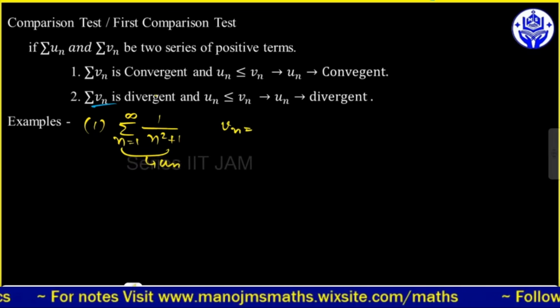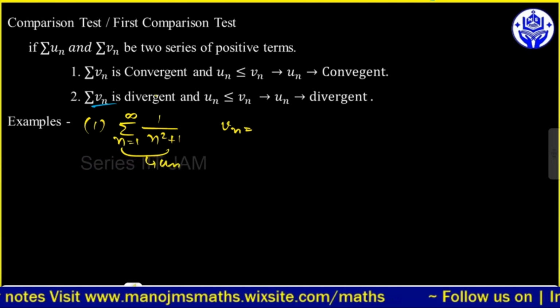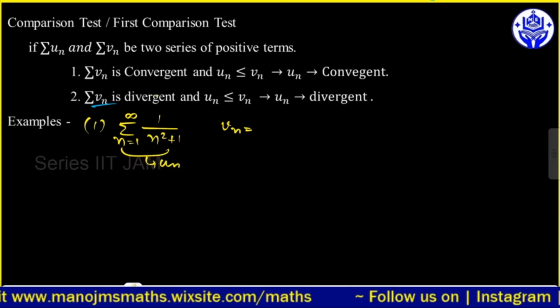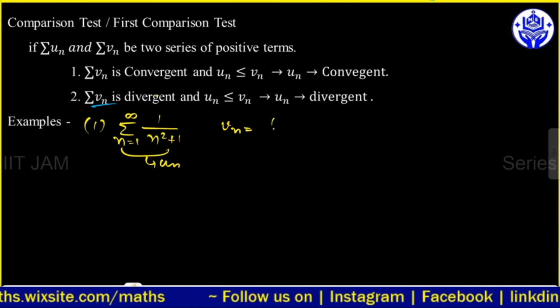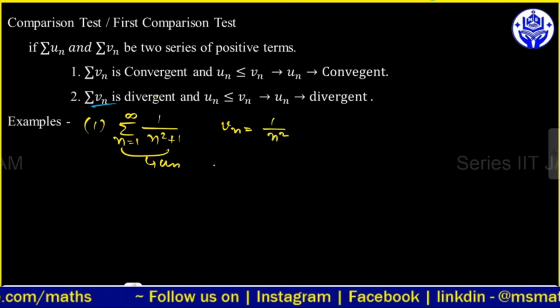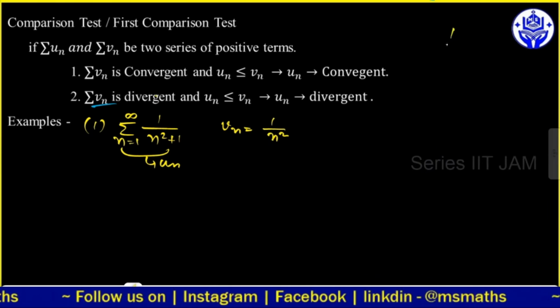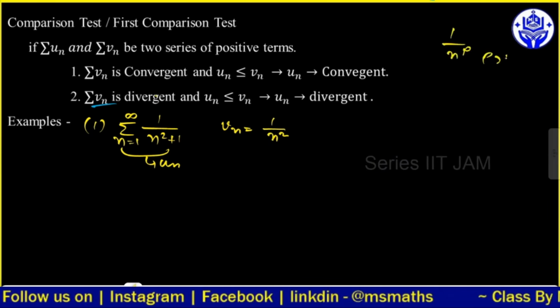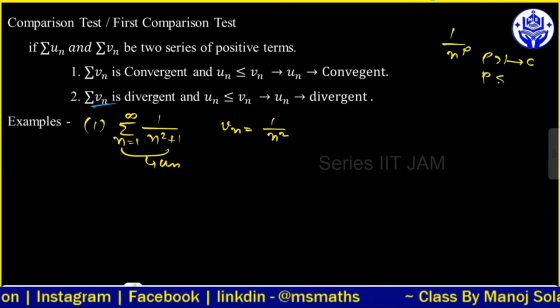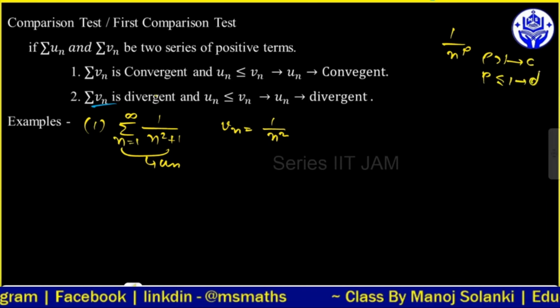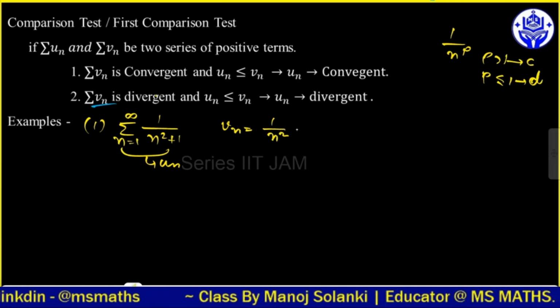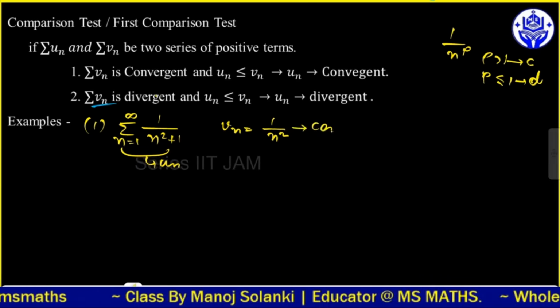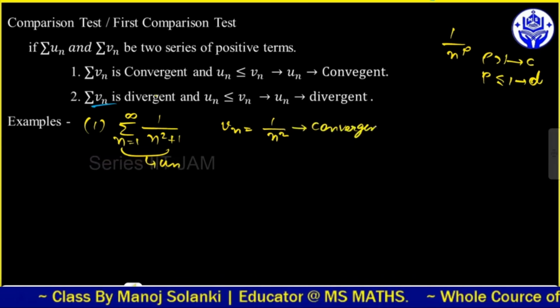VN एज्यूम करने का सीधा सिंपल सा तरीका है, जनरली 99% सीरीजेज में अगर आप आर्बिट्री कांस्टेंट को रिमूव कर देंगे तो आपको VN मिल जाएगा। अगर मैं इसमें से कांस्टेंट को रिमूव करता हूं तो ये 1 अपॉन n स्क्वायर हो जाएगा। अभी मैंने आपको बताया था हाइपर हार्मोनिक सीरीज में P ग्रेटर देन 1 होता है तो कन्वर्जेंट होता है, P लेस देन इक्वल 1 होता है तो वो डाइवर्जेंट होता है। तो यहाँ पे P की वैल्यू ग्रेटर देन 1 है, सो दिस सीरीज इज कन्वर्जेंट।